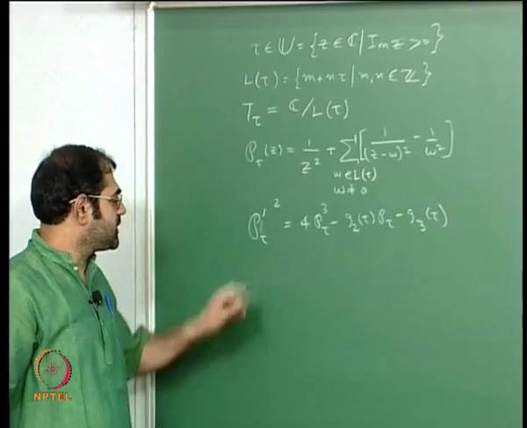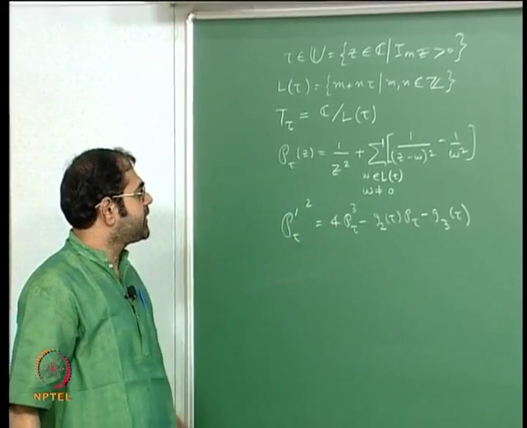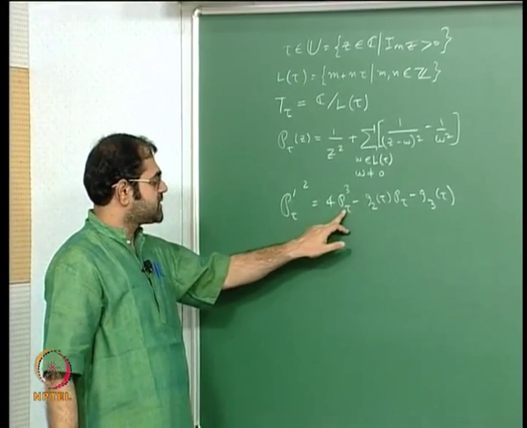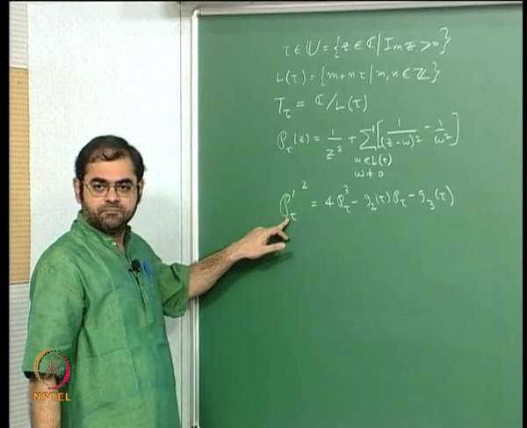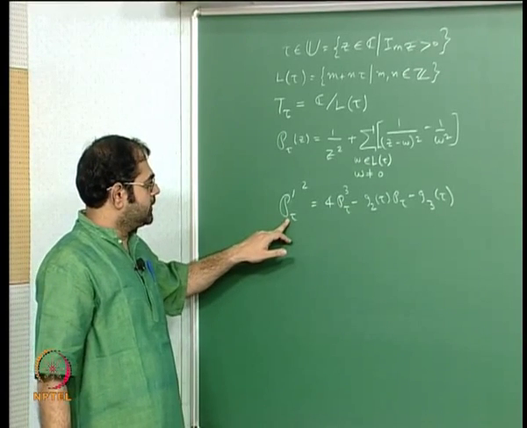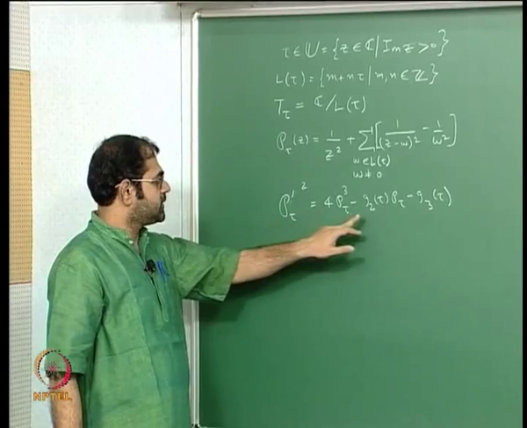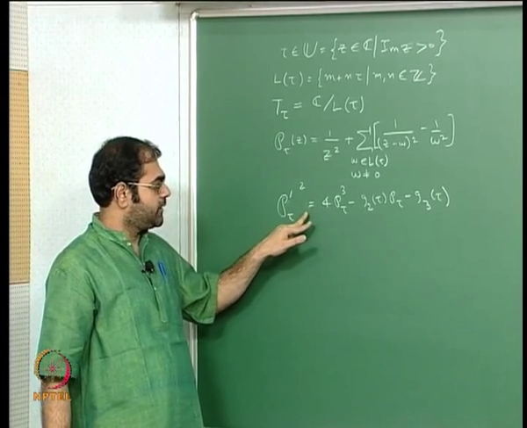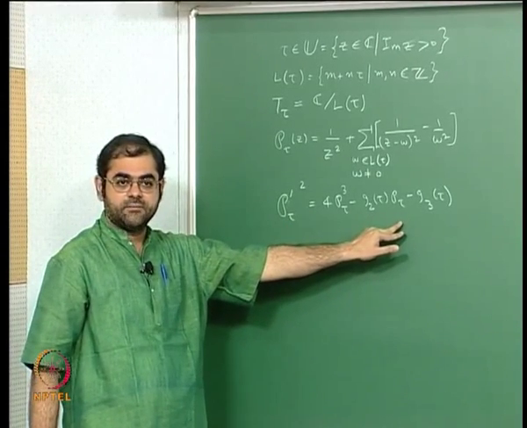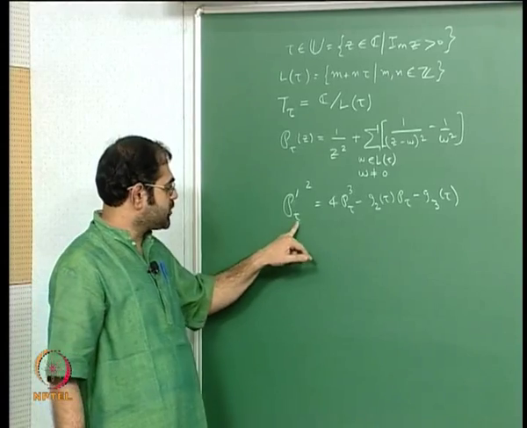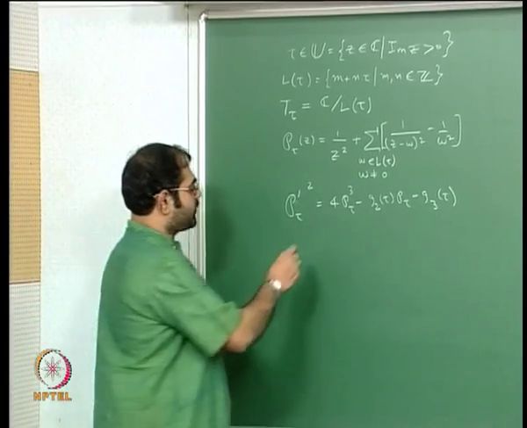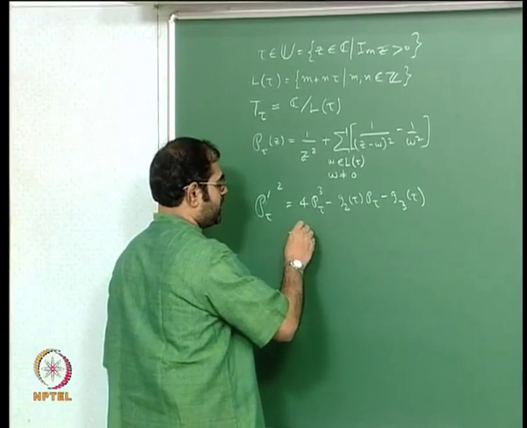This was the differential equation that was satisfied by the Weierstrass P function and its derivative. Of course, the independent variable here is z, but there is also dependence on tau,